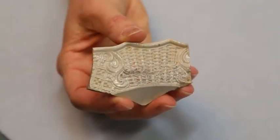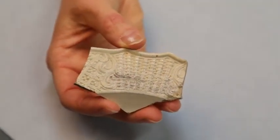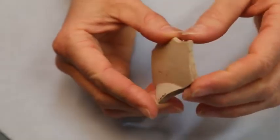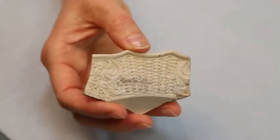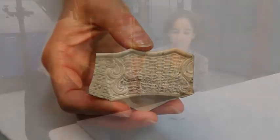So here we have a piece of white salt glaze stoneware. It's a type of ceramic that's coming from England during the 18th century. And this is part of a plate that has what we call a dot diaper and basket motif molded into the rim of the plate. And this type of ceramic is really exciting here at Mount Vernon because we know not only when George Washington